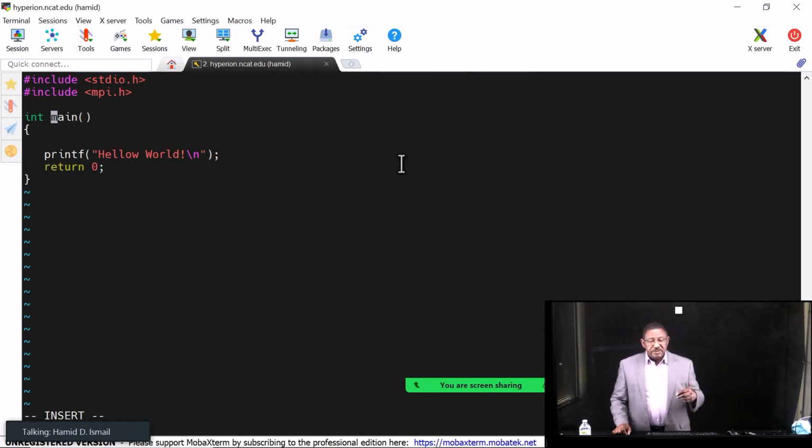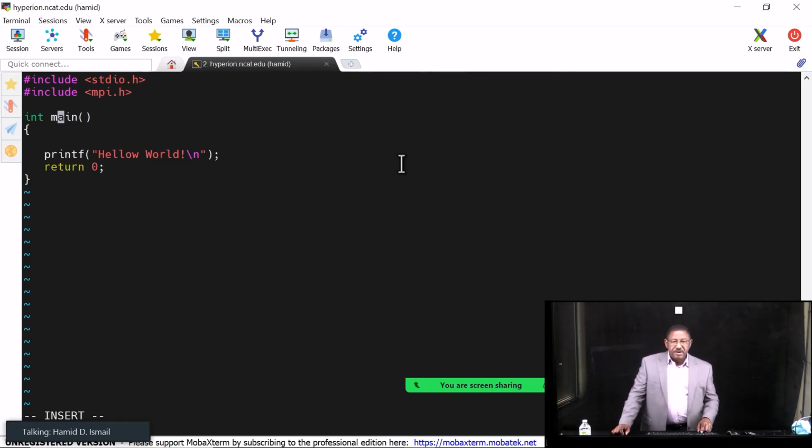So the only way to interact with a program during the runtime is to use the command line, okay? And for the command line, as we discussed before, and I don't want you to forget this, here we have to enter